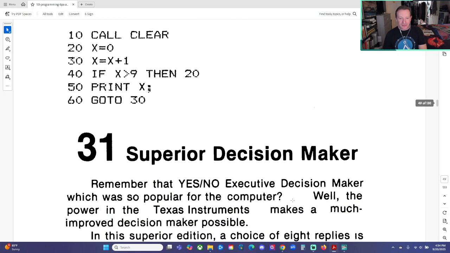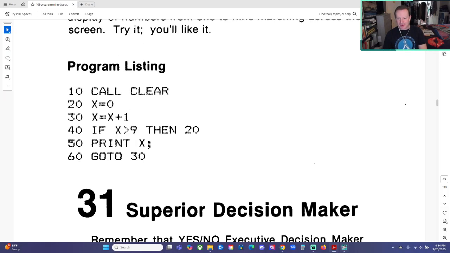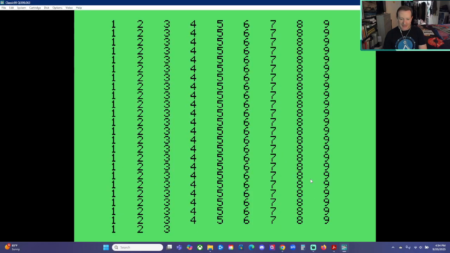And I'm going to peek ahead here. Superior Decision Maker. I don't know what that is yet. I don't quite remember from when I was a kid. We're going to check out